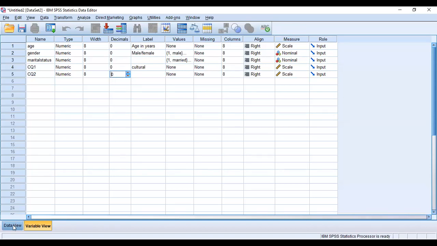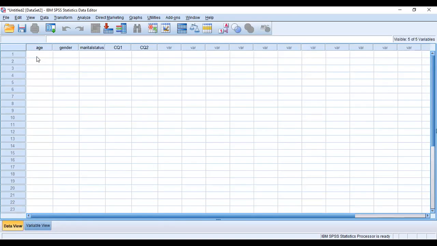Again, let's go back to the data view. So first what you have to do is you have to name your variable. So for CQ, I'll have 10 items, right? Then we will move on to data view. Now your first participant, say the age is 21, gender is what? Female or men. So here you are not going to write male or female because gender is represented by a value. So if your participant is a man, say you will write 1, right? Automatically it will understand that it is a man.